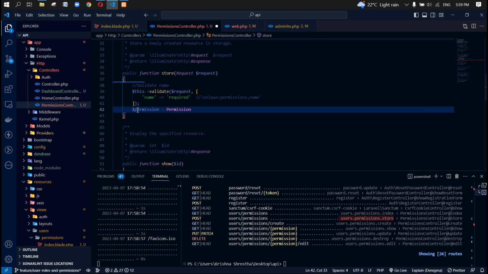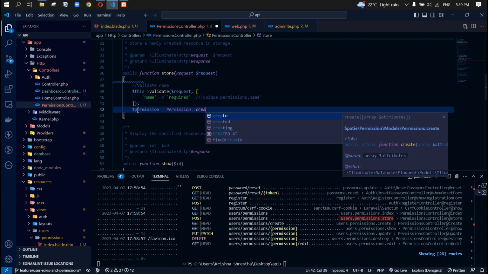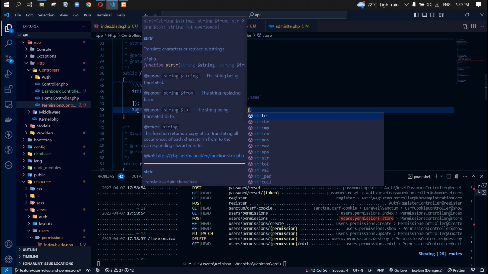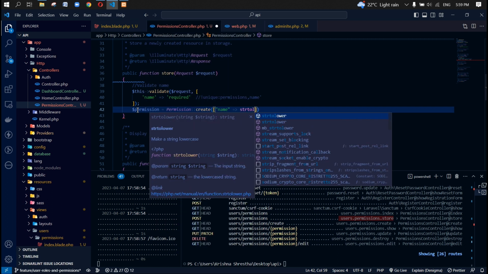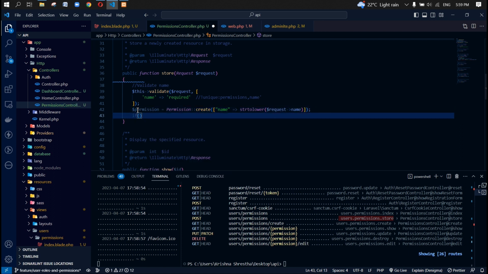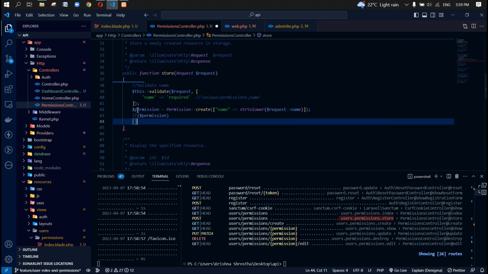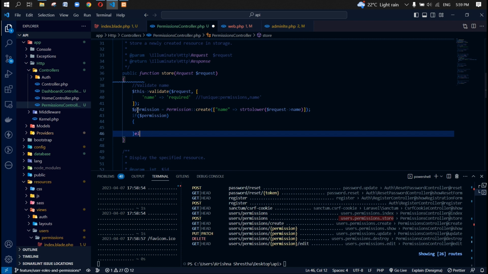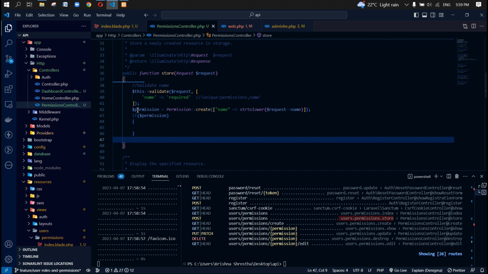Let's create the permissions, calling the permission from the Spatie, and then the create function, as well as passing the array as the requested name. Let's make it lower, and let's pass it to the request name. That's it. And if it is a success, then we are going to pass the success message, else we can just return the